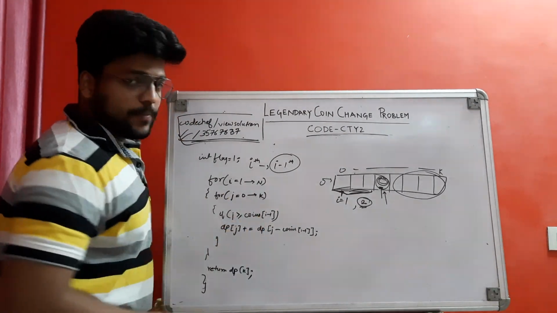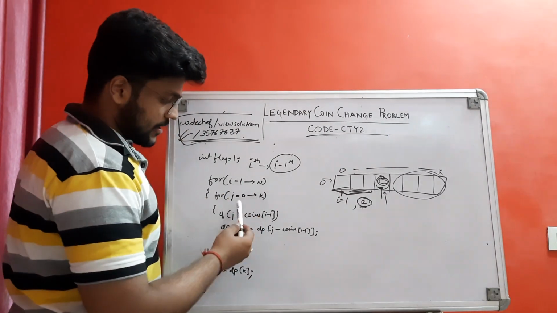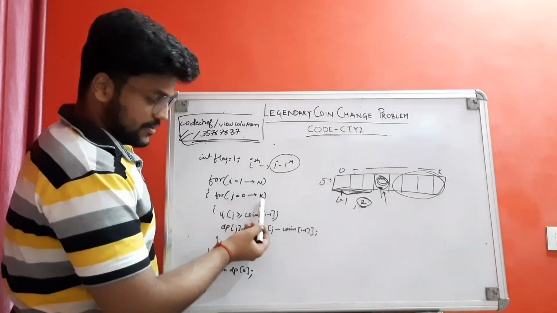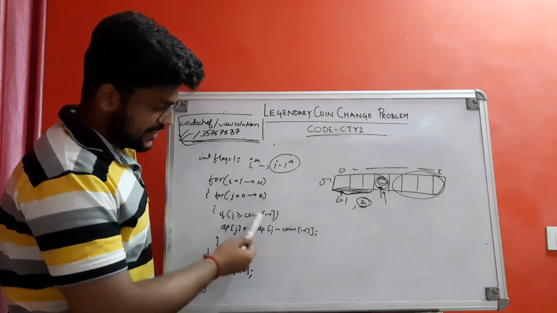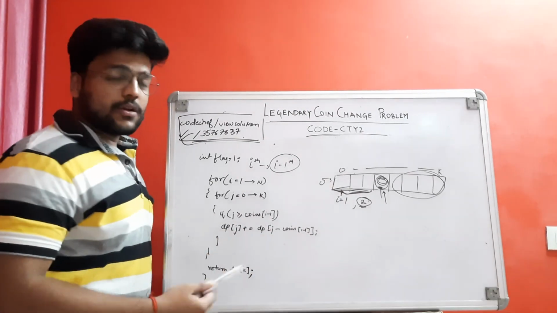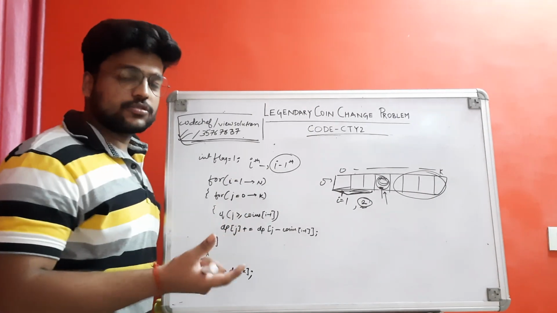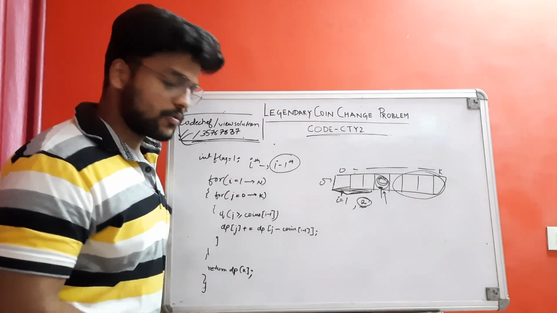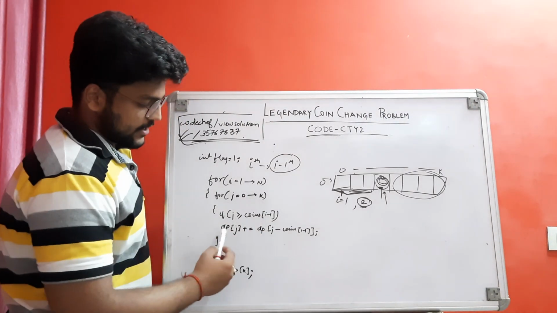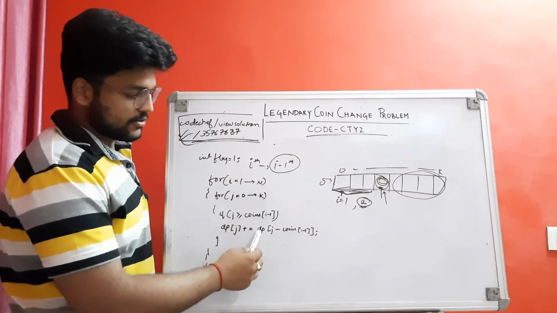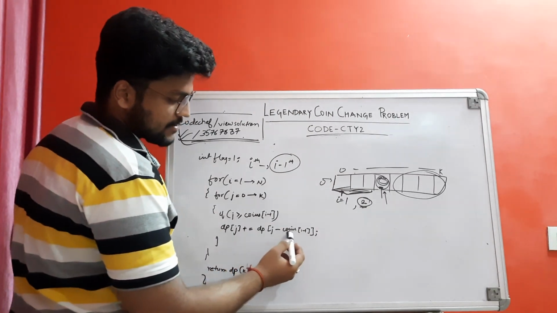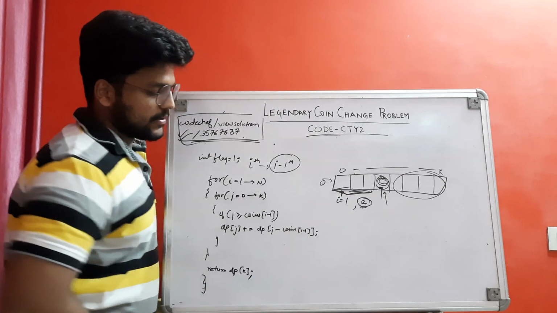So you have to do the loop n times because of n denominations, like as I said in the previous DP solutions. And for j 0 to k, now if j is greater than or equals to points at I minus 1, I told you before that you cannot have a sum whose value is negative because that's an absurd thing, you can't make it. So if j is greater than or equals to points at I minus 1, dp at j plus equals to number of ways to calculate dp at j minus points at I minus 1.